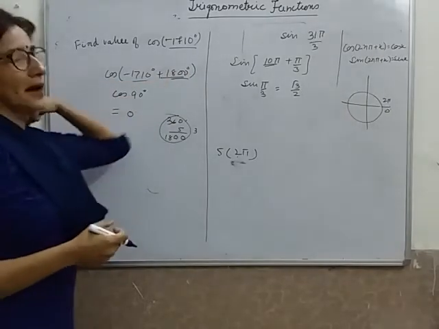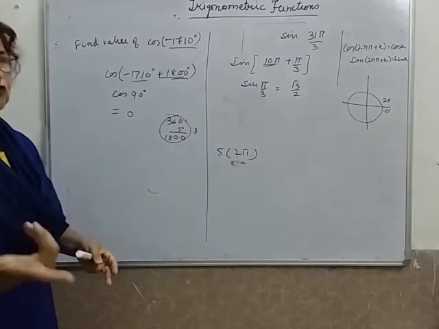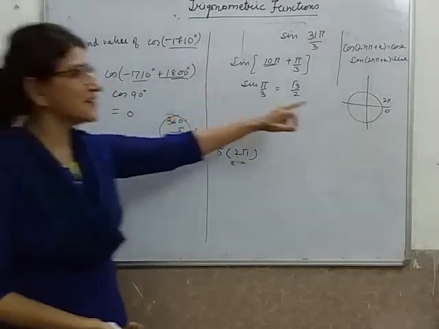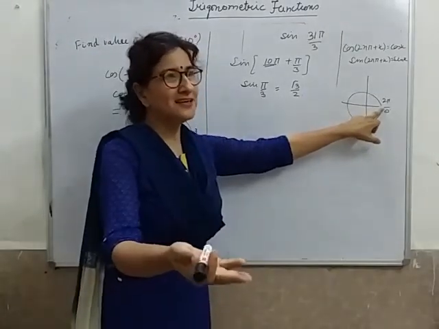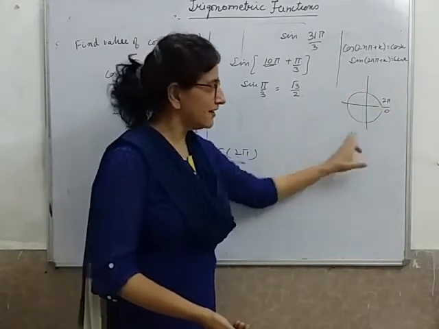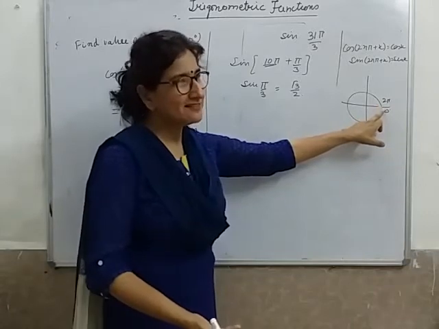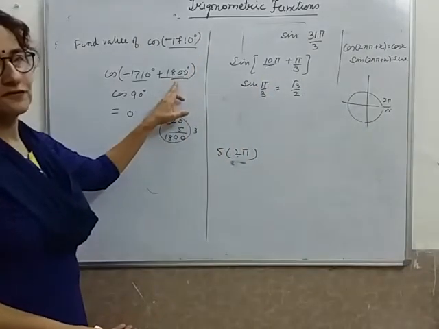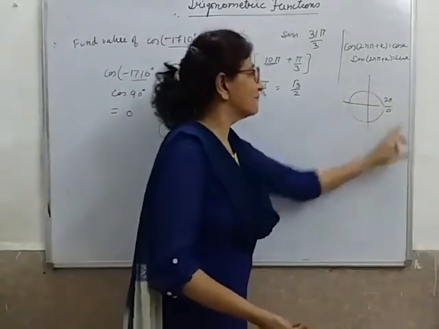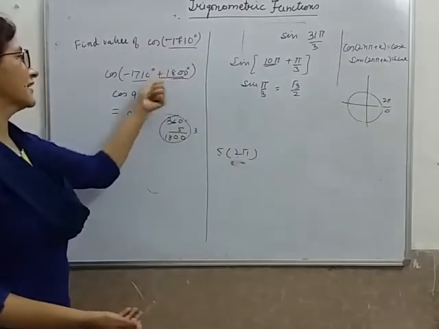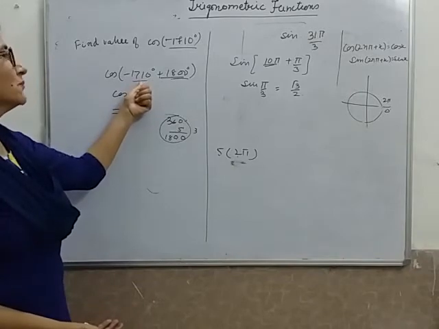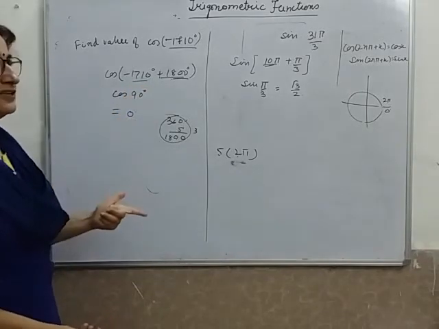You will say, ma'am, how did you add it? See, very simple logic. I did not actually add anything. If you see carefully, it's 0. The 5 revolutions of 360 degrees will be here only. So I did not do anything. It's just a manipulation to do the question. It's again the 0 angle. After one revolution of 2 pi, you reach the same place. So I have added 5 revolutions, 5 times 2 pi. Even if I complete 5 revolutions, I will still reach here. That is why I have added it, to make it easier to understand where this angle would be. So it comes out to be 90 degrees, and cos 90 equals 0.